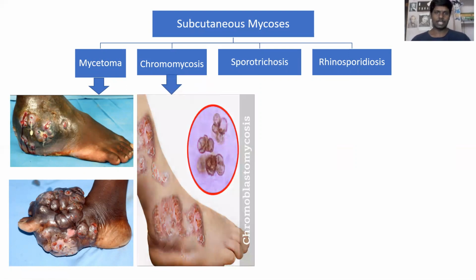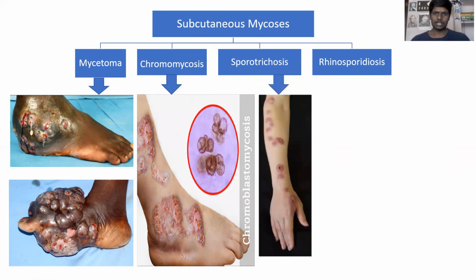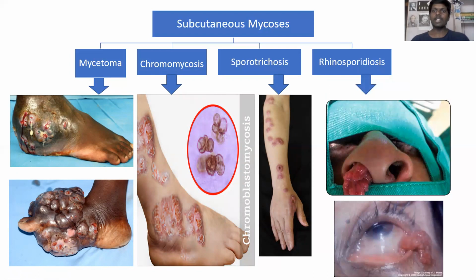In chromomycosis, you will see sclerotic bodies and cauliflower-like structures on the skin. Then you have sporotrichosis, where spore-like structures will be present on the limbs. Then rhinosporidiosis, an infection of the rim of the nose. Rhino means nose in Greek. These are fungal infections that come to the nose, which is why they are called rhinosporidiosis, fungal infection of the nose.